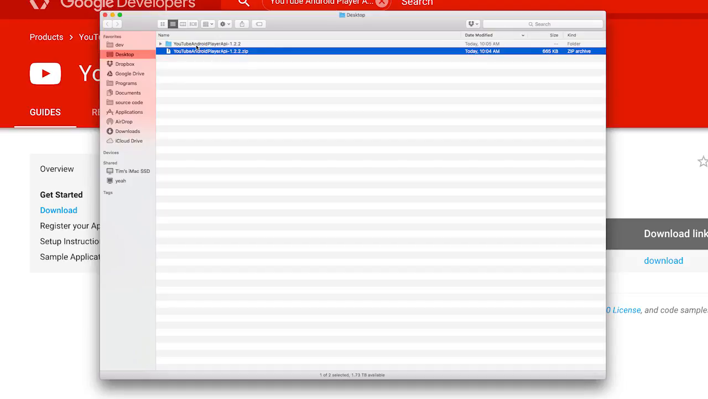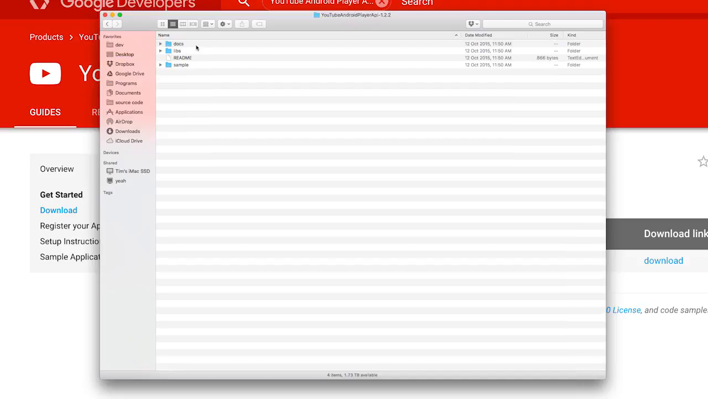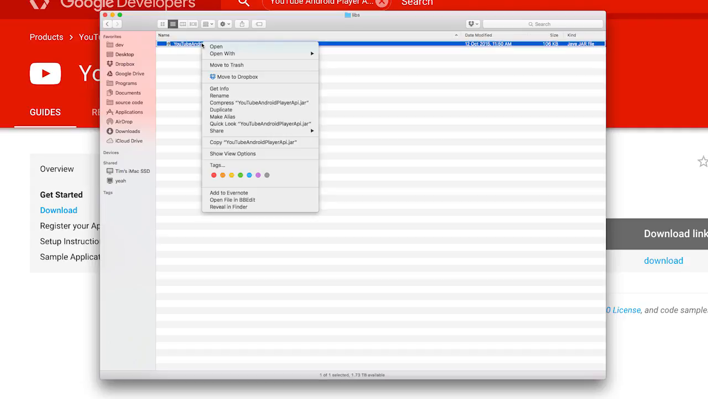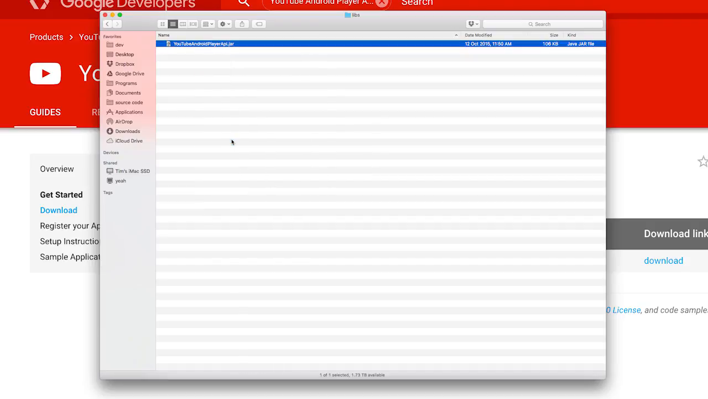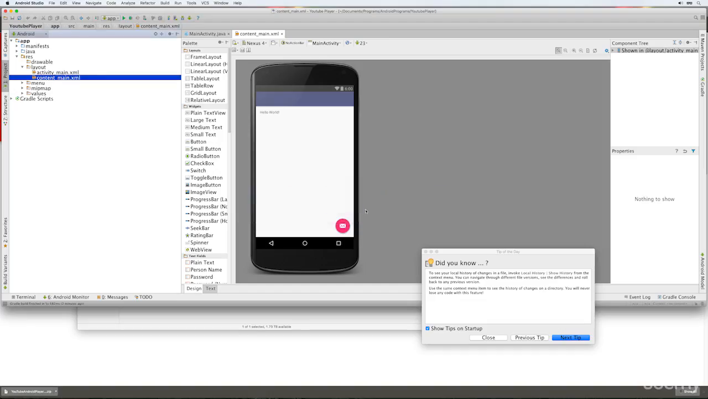And I'm going to go into the folder that's been unzipped. Obviously if you're on Windows, you'll need to use an unzip tool or double-click it to uncompress it. Click into the folder and go into the libs folder. There's a file in here called YouTube Android Player API.jar. So I'm going to right-click it and select Copy. It might be slightly different for your platform, but you'll just choose the option you would normally choose to copy a file. Then we go back to Android Studio, which should hopefully have done its thing by now,